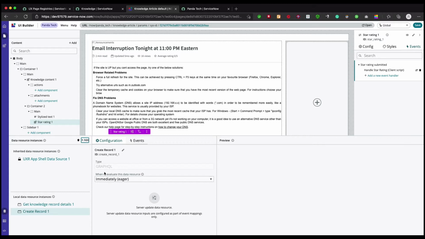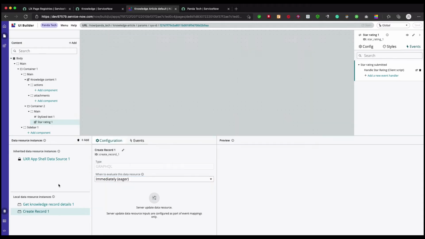So basically there is a change here. This data broker will be used to create records for any tables. You simply have to pass the table name and the fields, and that is what we're going to see in the script that we will update. So we can put the script in and then I can explain what's going on. Let me save it so that this data broker is saved.